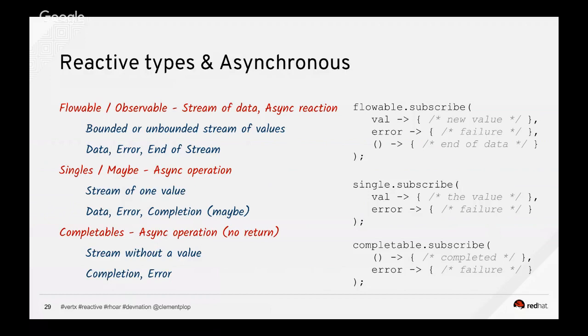I don't know when I will get the reply, but I know that we'll have either a response or an error, and this is what a single type is made for. We also have completables, which are for asynchronous operations that have no return. So let's say, okay, tell me if you have completed or not, like writing somewhere in a file and stuff like that. And it's interesting because you can use those reactive types of flowable, observable, single, maybe, and completables to